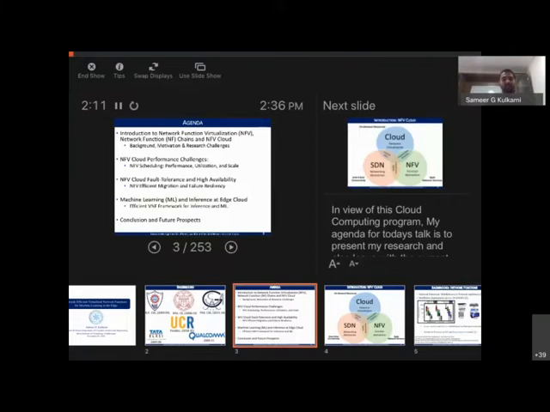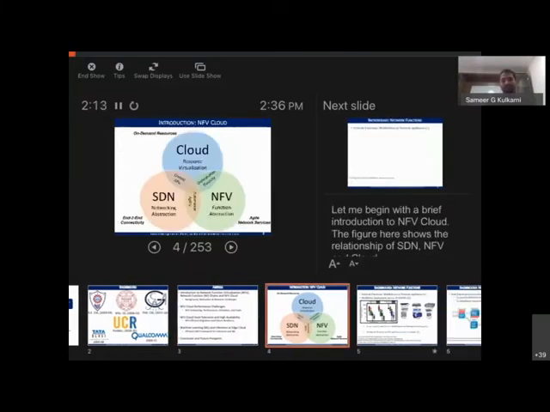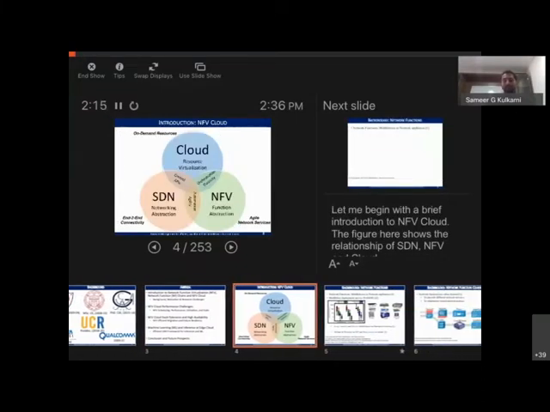Okay, so let's get in. By now you'd know the cloud is what it is. It provides you a resource abstraction through the means of virtualization so that you can provide lots and lots of resources almost on an infinite scale and do that on an on-demand basis. That's where the cloud stands.